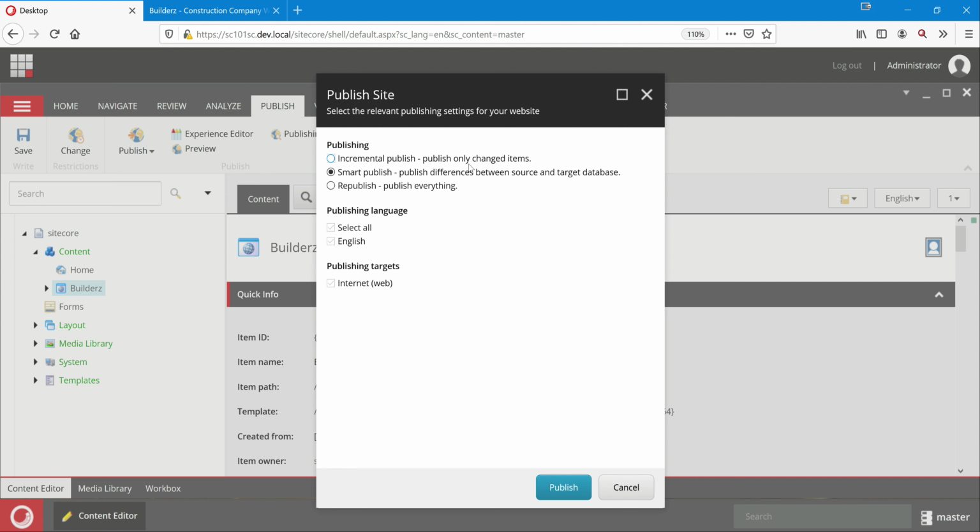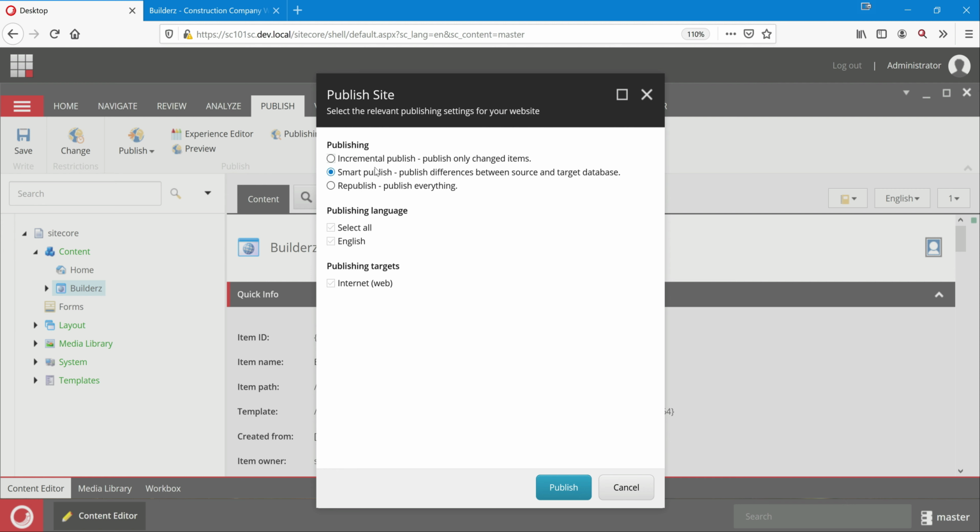The next time we publish using incremental publish, it goes to the publishing queue table, reads all the rows, identifies which items need to be published, publishes them and clears the publishing queue table. So those are the three options mainly.